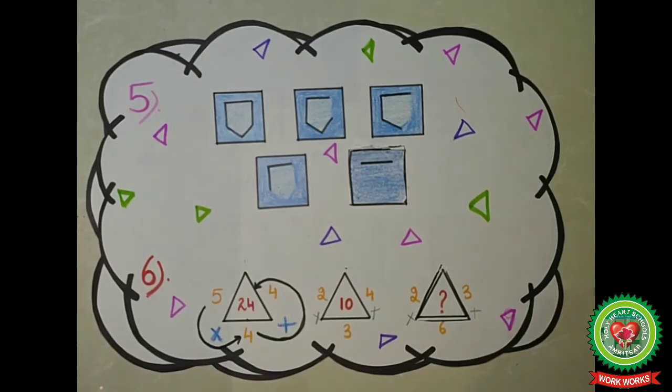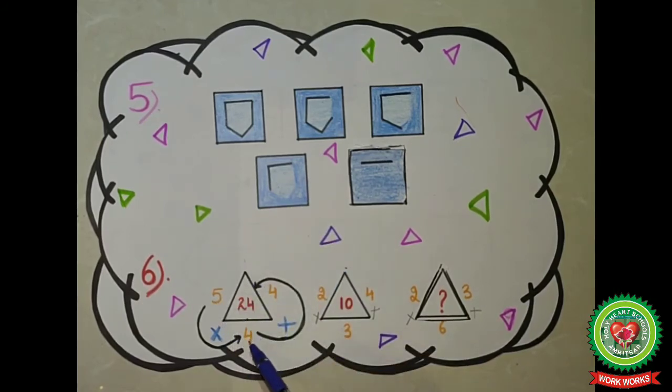Coming to the next example, here are a few numbers inserted in the figure which follow a certain rule for their placement at different places in the figure. Generally, it is asked to insert a missing number in the similar figure on the basis of the rules. So, let us start with the first example.